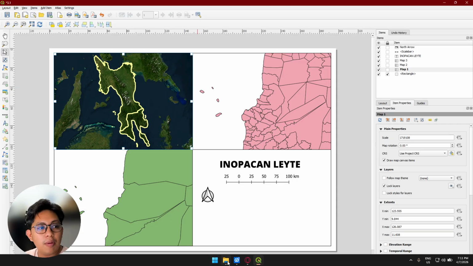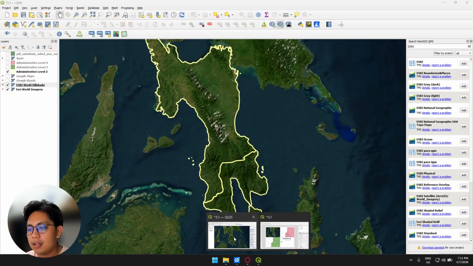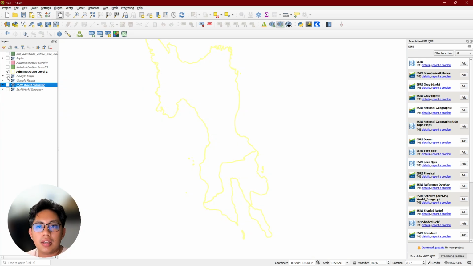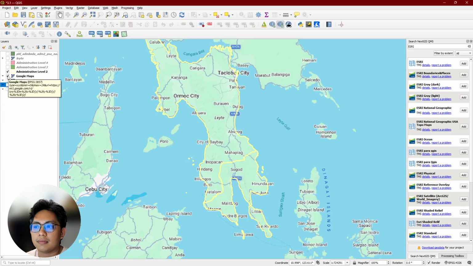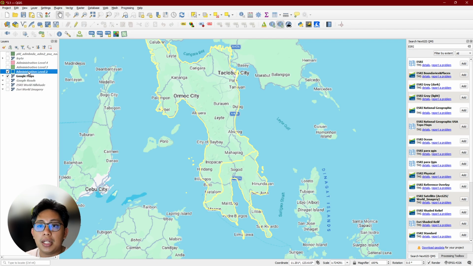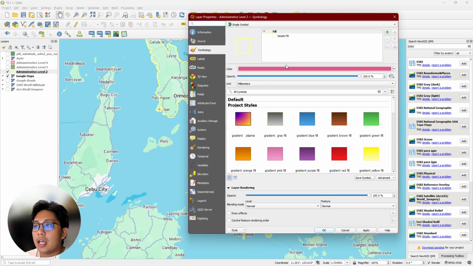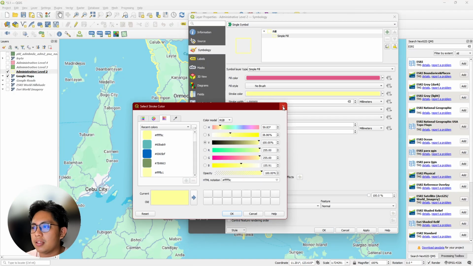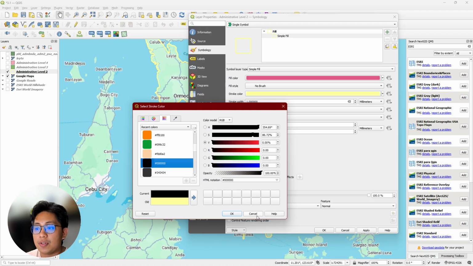So I'm going to go back to my QGIS and rather just select Google Maps for it to be simple. With your admin level, now, because it's a green background, I want to focus on having that black again. So FFF or 0.